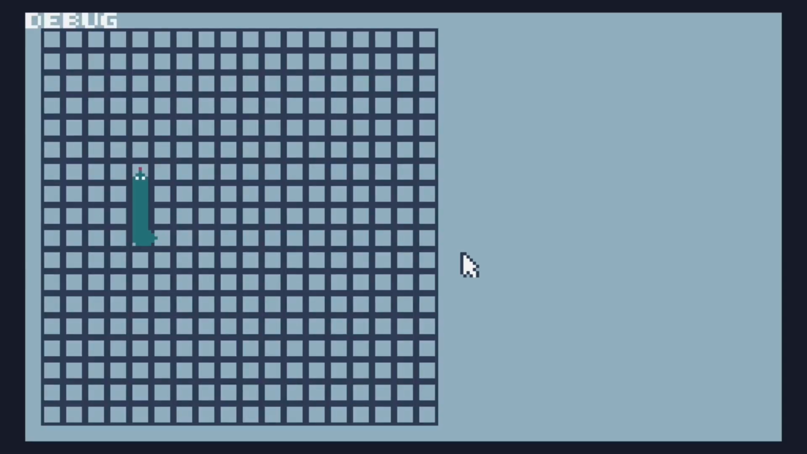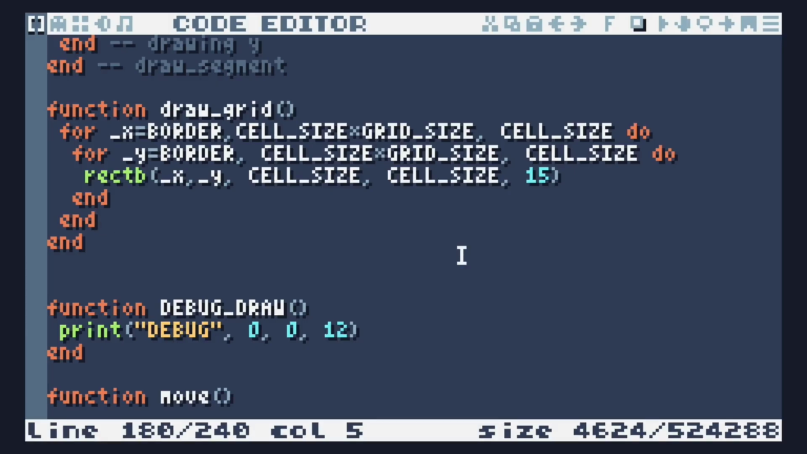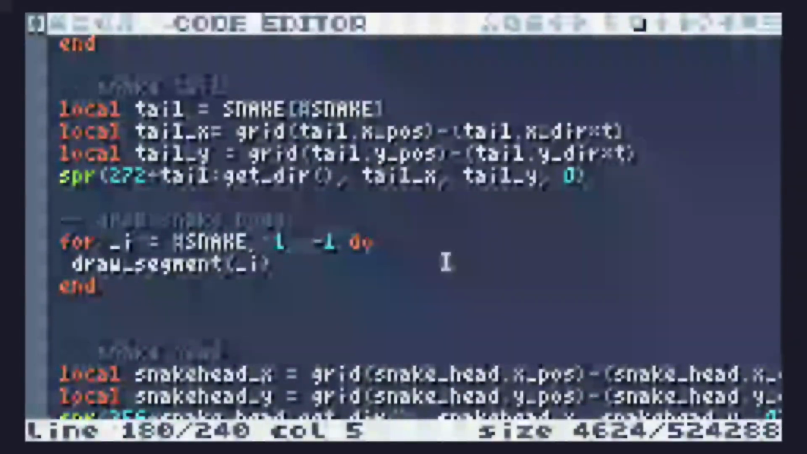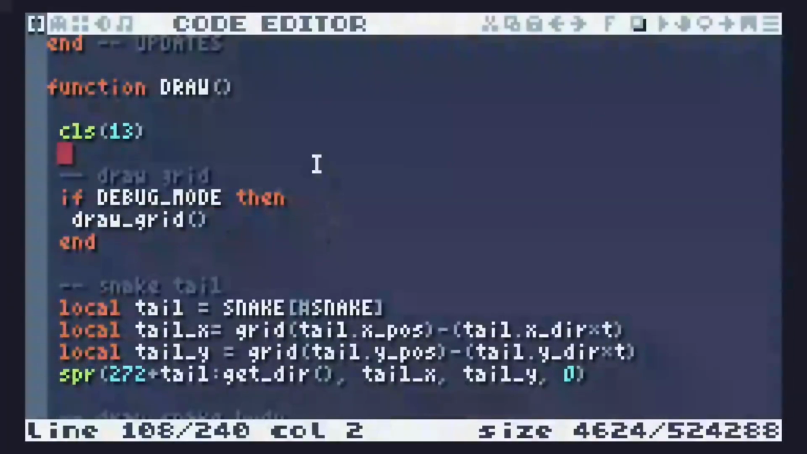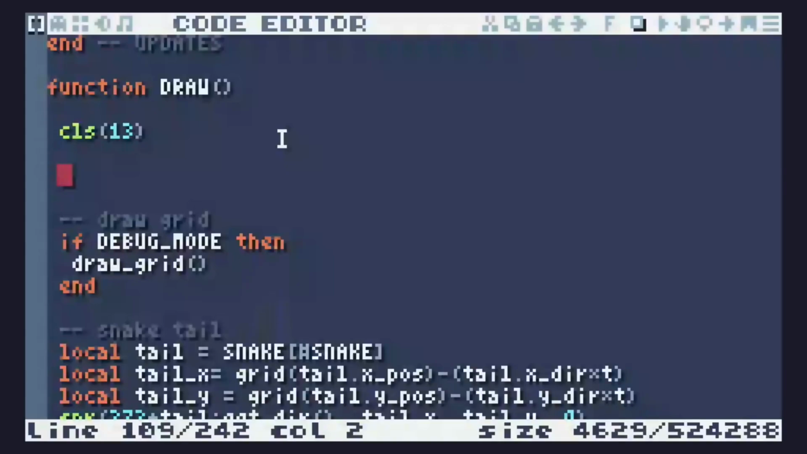Hey, that looks cool. We do need to still draw a square on the outside of the board. There's our grid. It pops up as soon as we go to debug and then it goes away again. But we will need to draw something, so let's just draw a